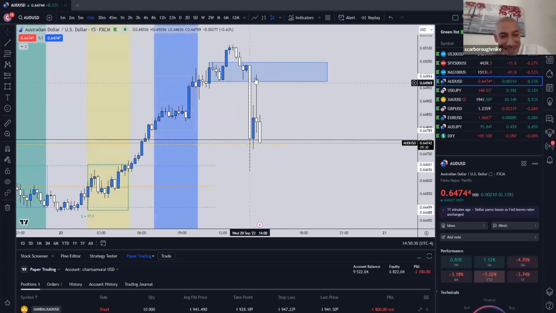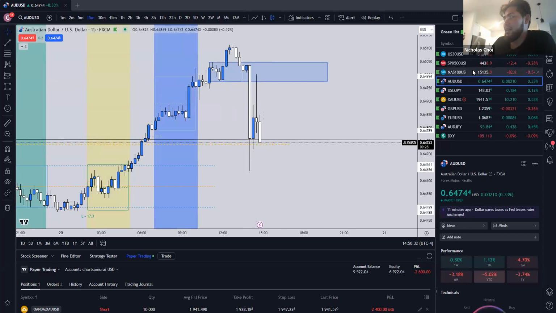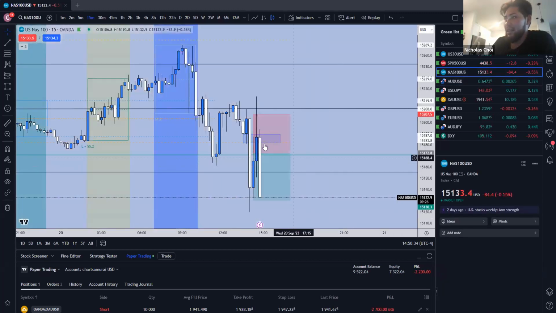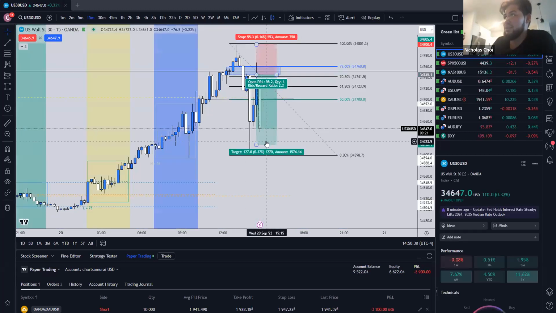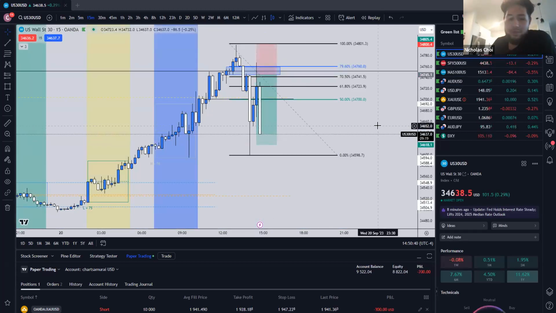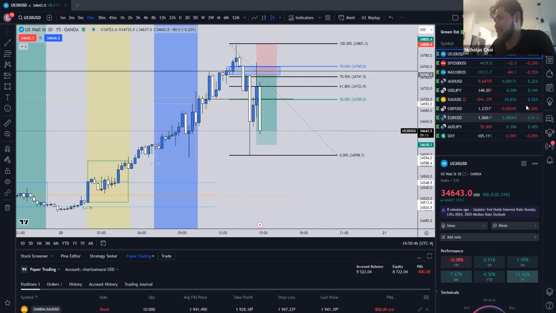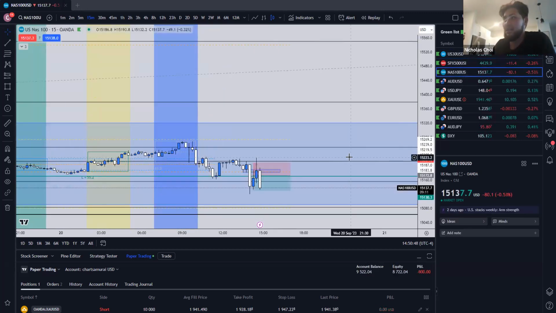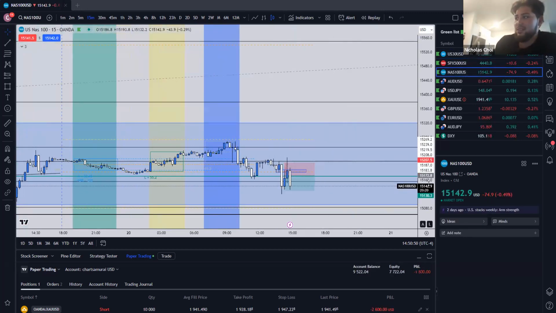Look at AU go. This one was super beautiful. And then look at NASDAQ being NASDAQ. US30 at best dropping too. So pretty much every bias that we called out except for NAS went good. And NAS just needed a little bit more breathing room. She don't like to be smothered.